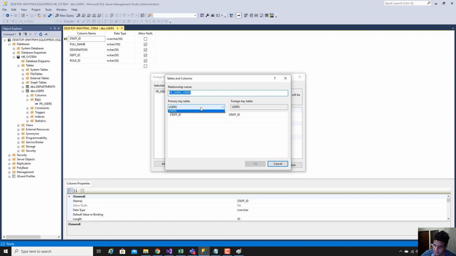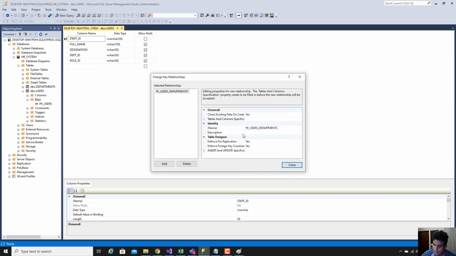Its primary key table is the departments table. So you first select the department table, and then from this drop down select department ID. That is the primary key column that we are referring to, and the foreign key table is already selected. You don't have to do anything. Then you need to select the foreign key and click OK,